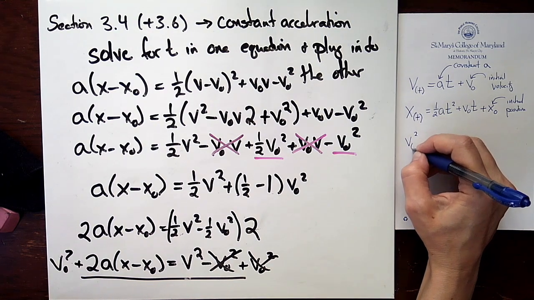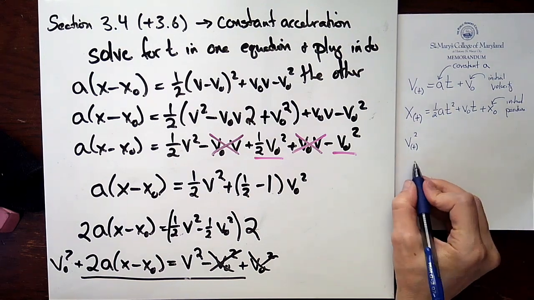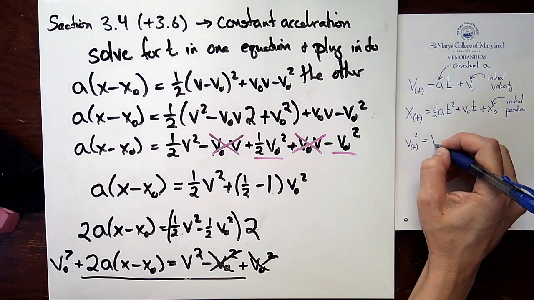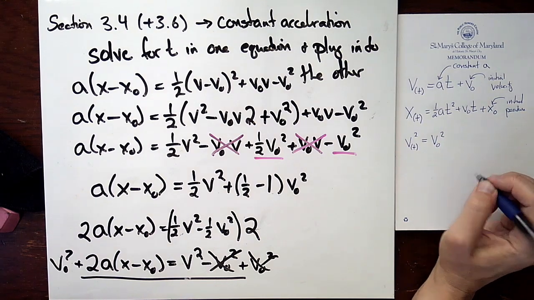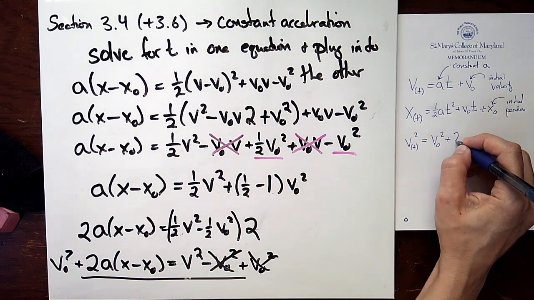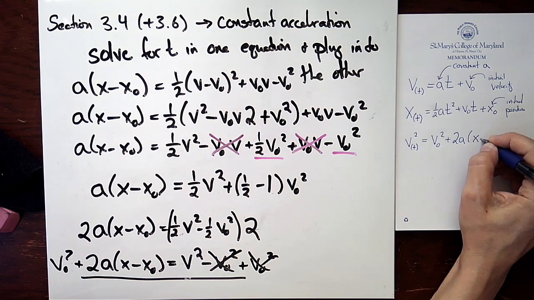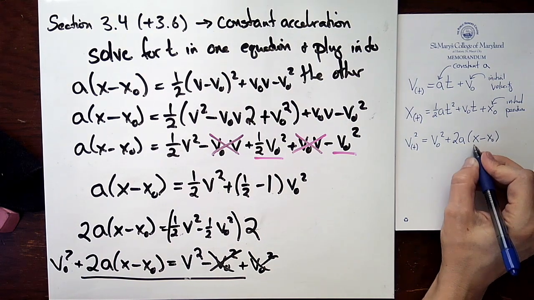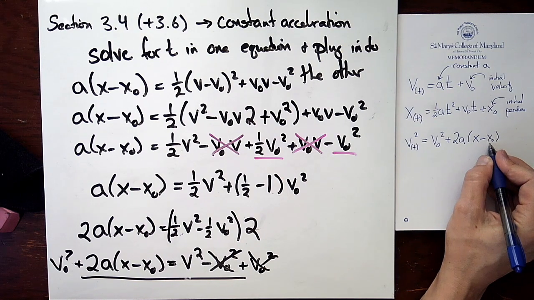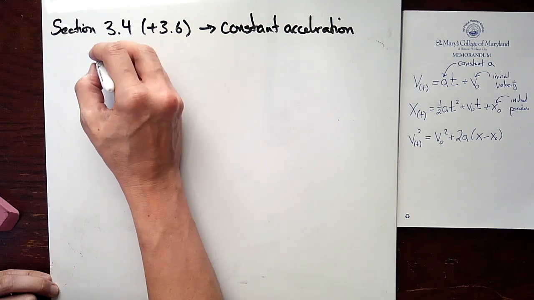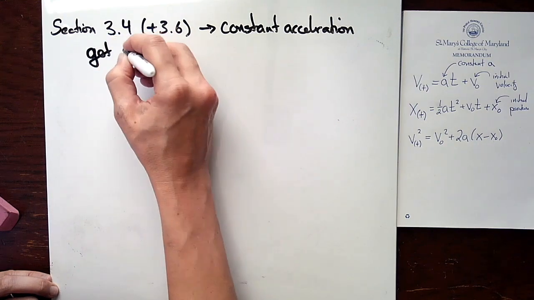So v squared, I'm going to remind myself it depends on time, it's a variable of time, equals v naught squared, the initial velocity, plus 2 times the acceleration times the change in position, where we're at now minus where we started. All right, and we can keep going. Let us get an equation